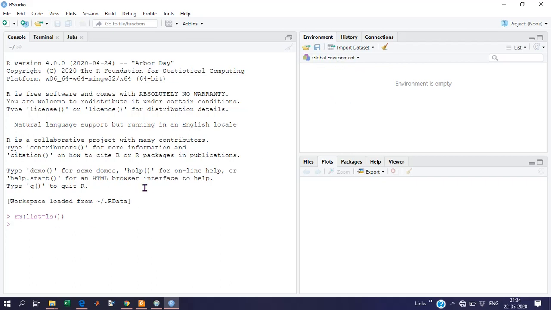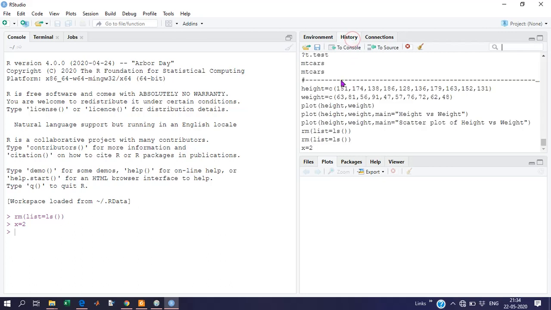Here is the environment. Though the environment is empty, if we store x is equal to 2, we can observe that the variable x is created with value 2. Likewise, we can observe here some commands I have used previously.